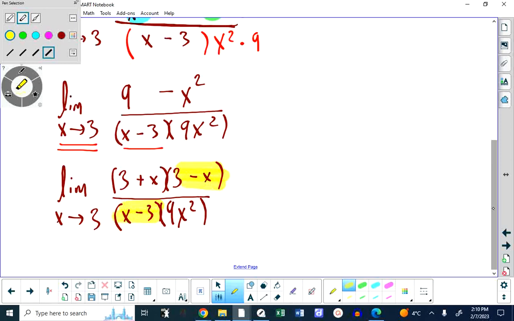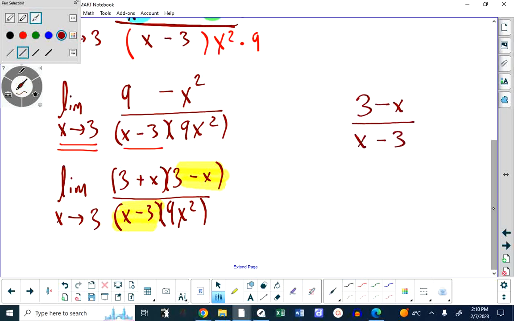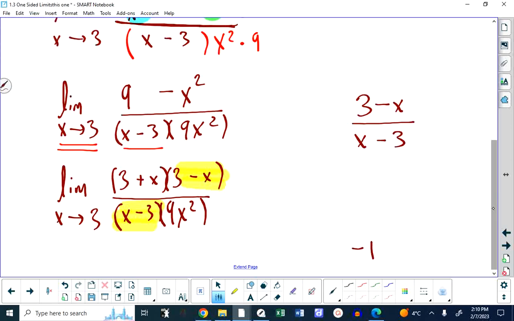This, just to peel it off for a bit, is equal to -1, because if I factor a negative out of this numerator, the positive 3 becomes a -3, the negative x becomes a positive x,